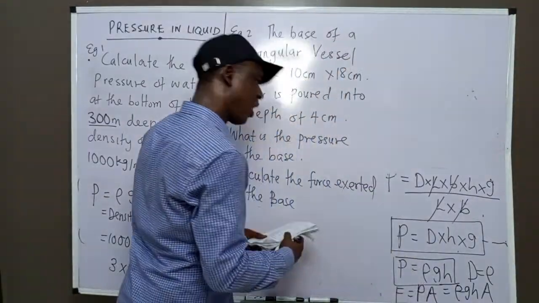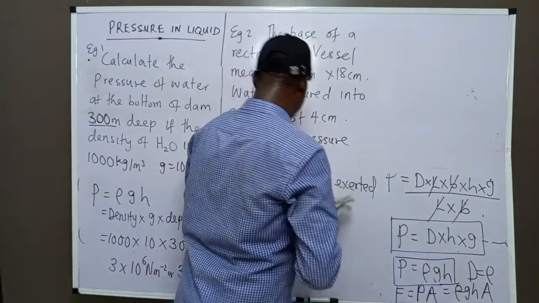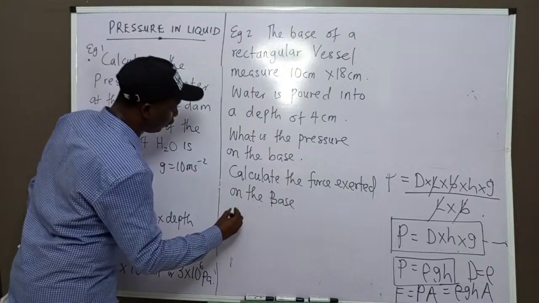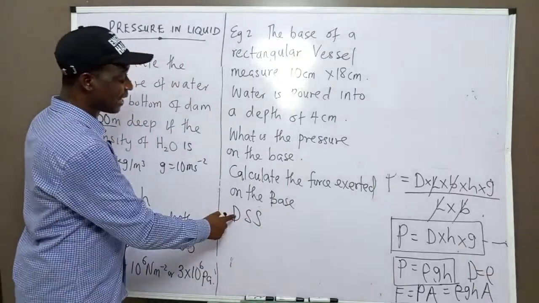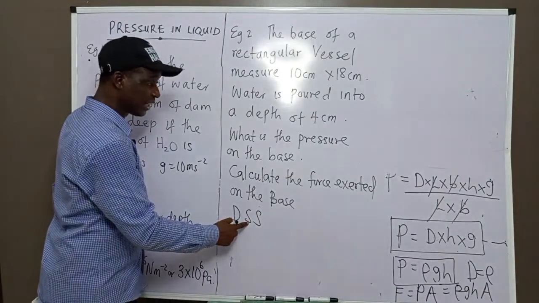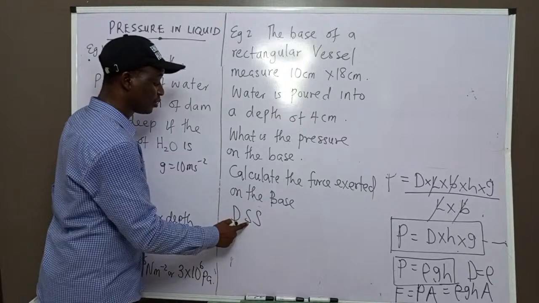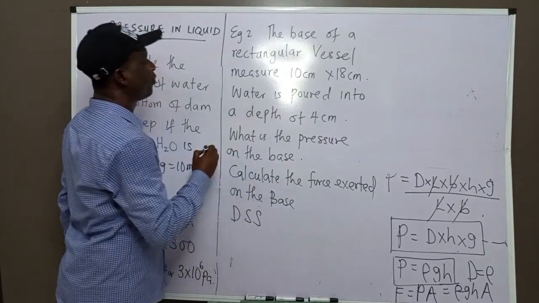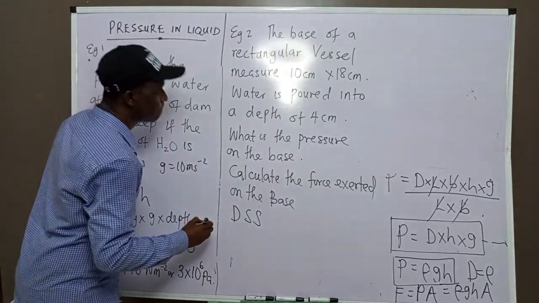Now, I want to watch that video, a very interesting video, pressure in solid. Now, let us solve this one. Don't forget, when you are solving, you use what they call DSS. DSS means data, then check your suitable formula for the question, then you solve. Now, they say the base of a rectangular vessel, 10 centimeter by